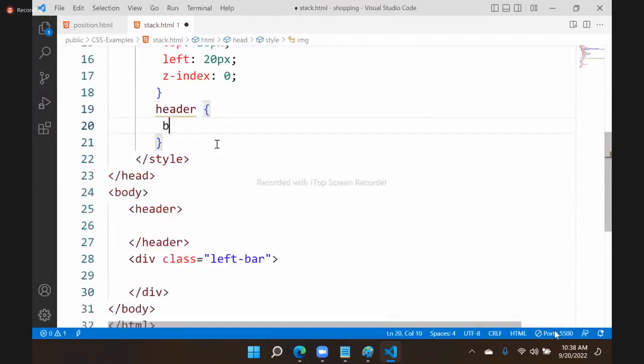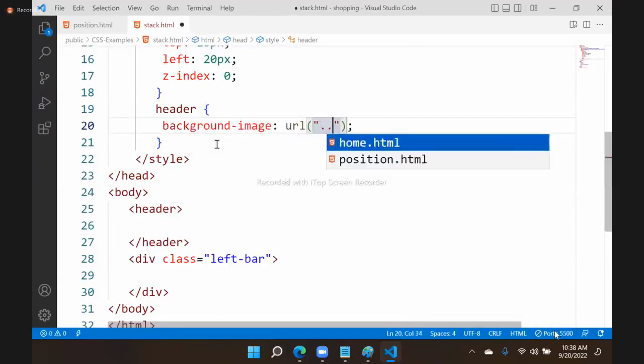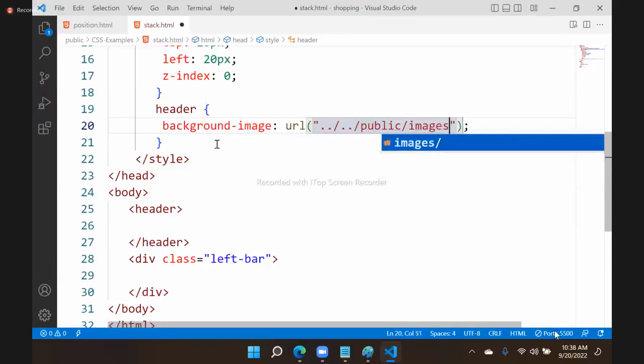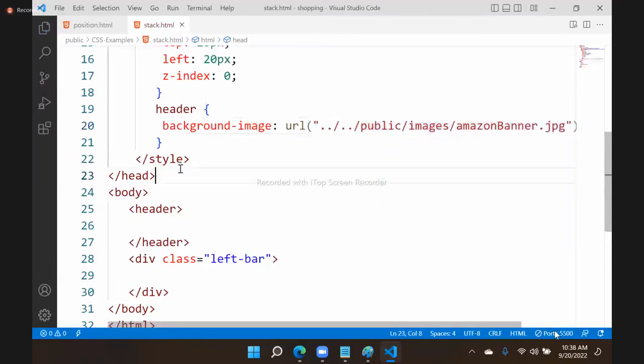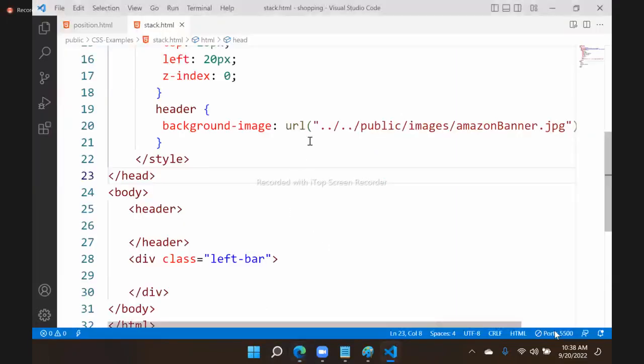Header: background image URL, public/images/Amazon banner. We have to bring it. Okay. This Amazon banner background image,